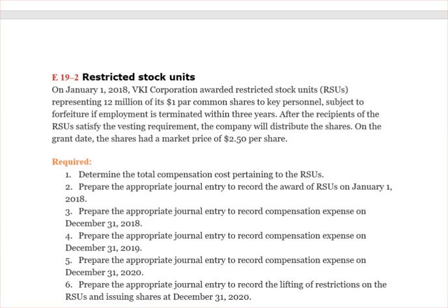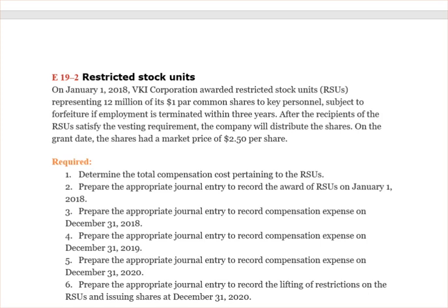they won't get anything if they leave the company within 3 years. So they are going to have a market price out there on the date of the grant of $2.50. Remember to always use grant date. First thing, figure up your compensation cost. Second thing, allocate it to time periods. Again, Spiceland's a bit wrong in this problem because they want you to do one journal entry on December 31st, 2018,